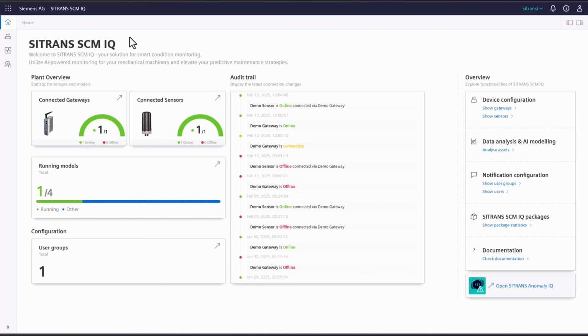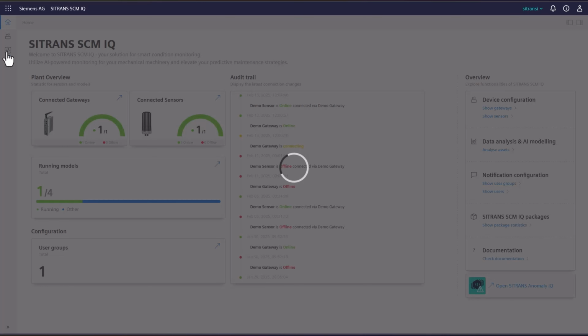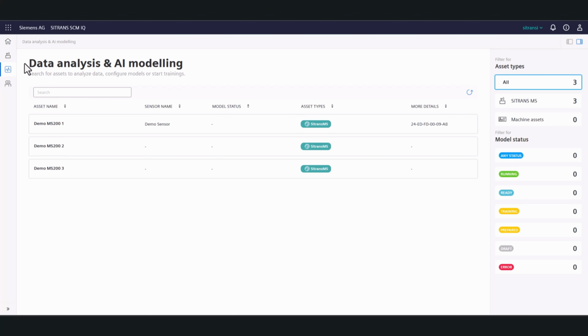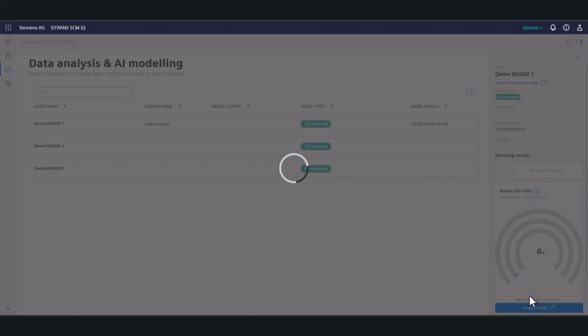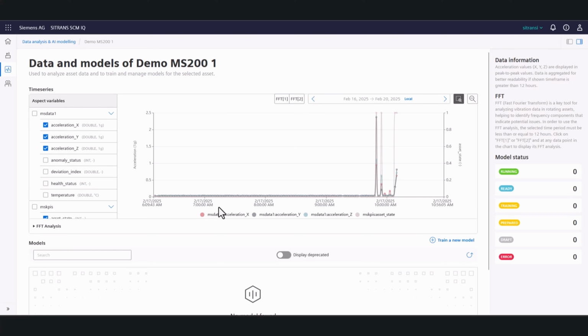To do the model training, we want to explore the data modeling area located on the left-hand side ribbon bar. In this asset list, you find all the assets that have been created in Insights Hub. We navigate to our multi-sensor asset from last video that is already connected to a C-Trans CC220. On the right-hand side, we find information on the associated multi-sensor. By clicking on See Details, we can view its collected data in the sensor model area.